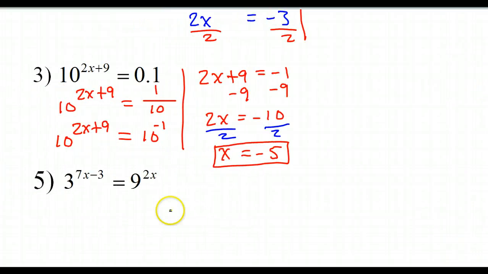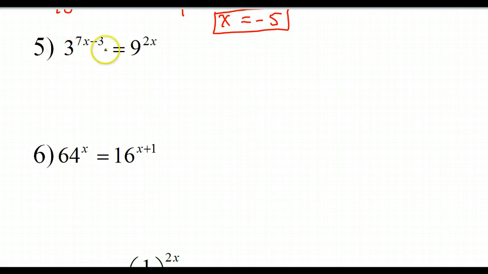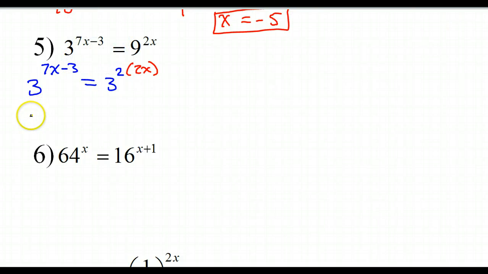Okay, back to the solving equations side. All right, let's do number 5. To solve this equation, we need these bases to be the same. I can write 9 as a base 3, so I'm going to go with the 3. So that means I can leave this 3 to the 7x minus 3 power. But this 9 I will write as 3 squared. This 2x is still going to be there, but I will just, for a moment, put it in parentheses. Okay? That means what I really have is 3 to the 7x minus 3 power equals 3 to